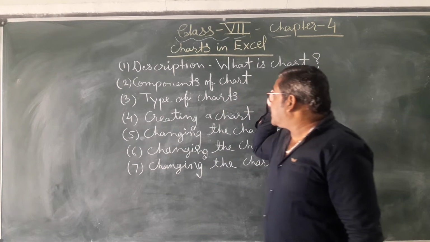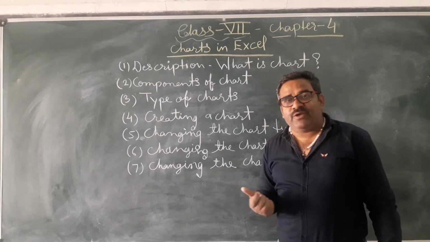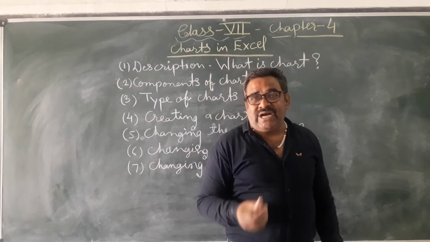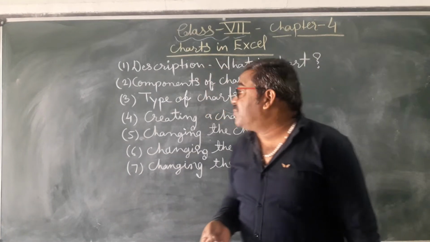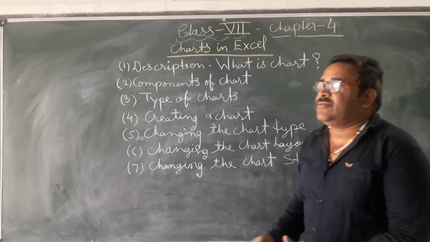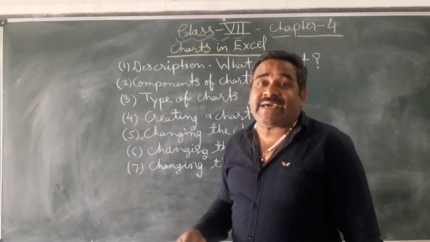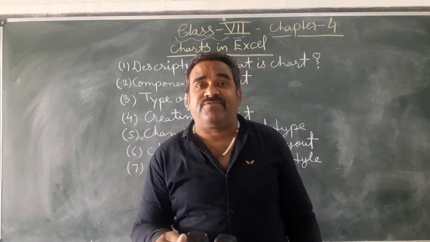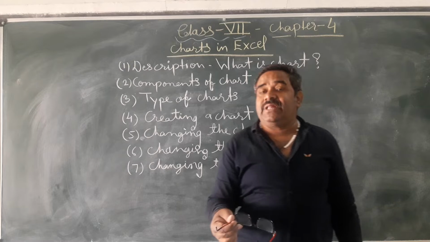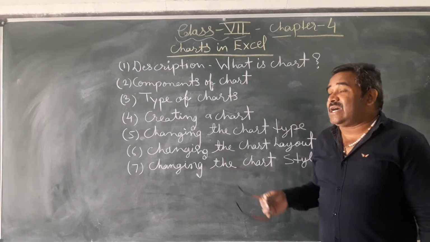Then move on. Components of charts. What is a chart? We know that. When we are creating charts, we must learn their components, the different kinds of components that we have in charts. Their axis. You know that a chart belongs to their value and their category. In mathematics you can call it a graph, but in Microsoft Excel we can convert it into charts.